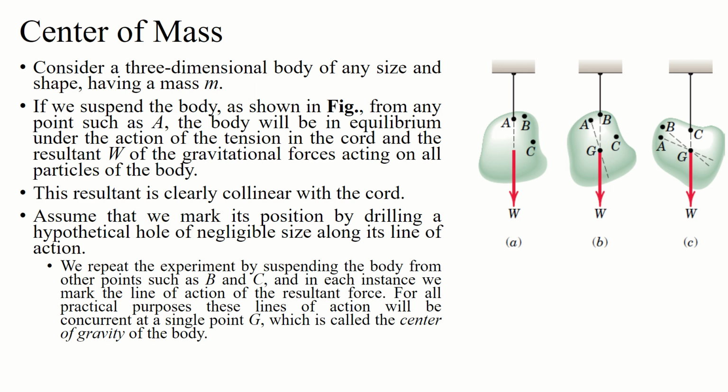Let us mark this line of action, by which this hypothetical hole is of negligible size, and over which this cord is acting in a straight line down towards the center of the Earth. Now we repeat this experiment, suspending the body from other points such as B and C. In each instance we mark the line of action of the resultant force. For all practical purposes, these lines of action will be concurrent at a single point G,